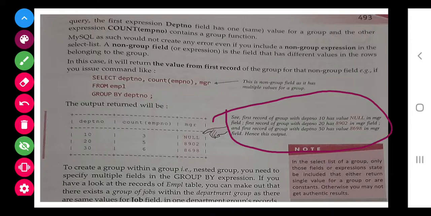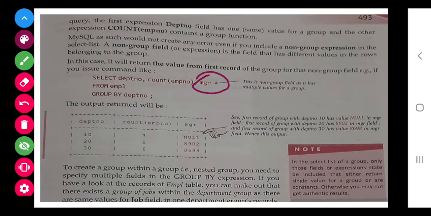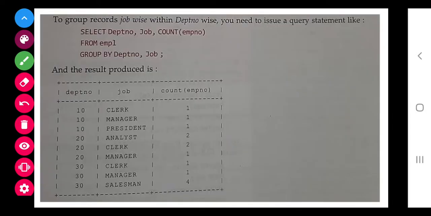And the next is 30; for 30 the first record is shown. We have not grouped them, so that's why the first record is coming. So this is one thing.